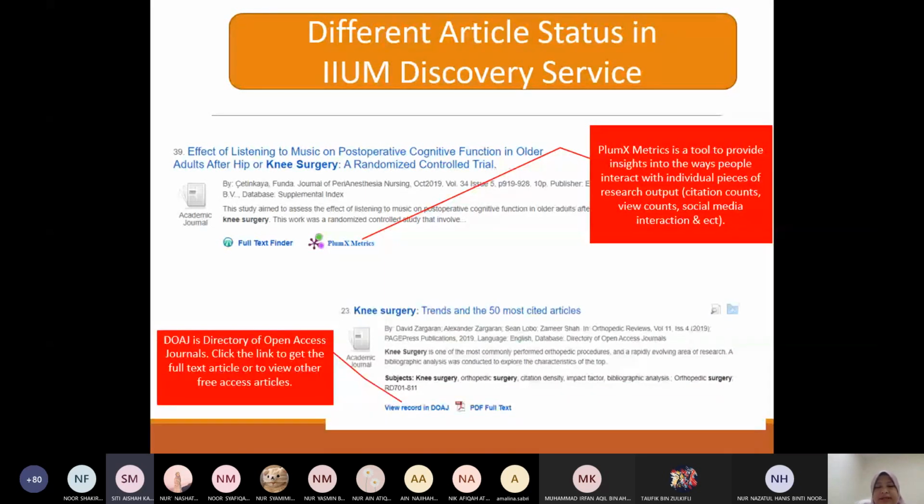Next is view record in DOAJ. From my screenshot, there's a view record in DOAJ and also a PDF full text link there. If you see this, then just click the PDF full text link, but sometimes you will not see the PDF full text link. You will only see the view record in DOAJ. If this happens, you just click the view record in DOAJ link directly, and then you will be brought over to a new